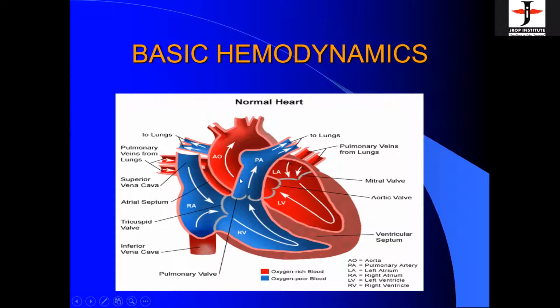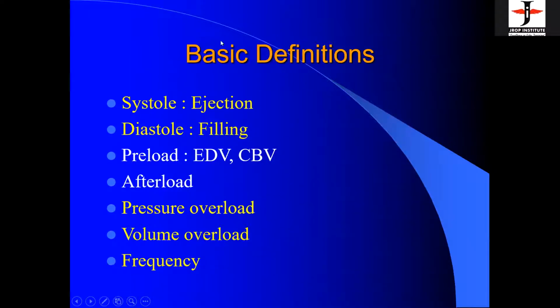So remember, these are some important basic hemodynamics which will come into the picture repeatedly during the course. Now you will find basic definitions. Whenever we say systole and diastole, it usually refers to the ventricles. Otherwise, every chamber undergoes diastole and systole. Suppose the left atrium is empty and doesn't fill the left ventricle, the patient cannot survive even for a minute or so. So, systole is ejection when you come to the ventricles, and diastole is filling. This is opposite on the atrium side. They fill in systole and they eject in diastole.